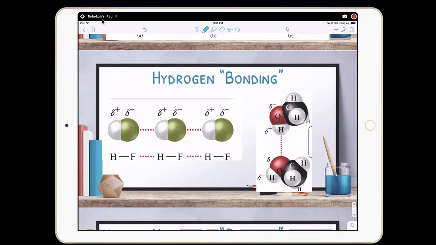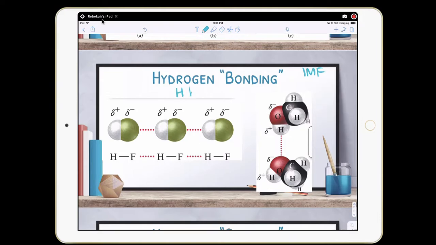The last intermolecular force we're going to talk about, this is an IMF, is hydrogen bonding. I put bonding in quotes because it's not really bonding. Bonding is between two atoms in a covalent bond. But we call hydrogen bonding bonding because it's so strong. It's almost like a bond. It is between